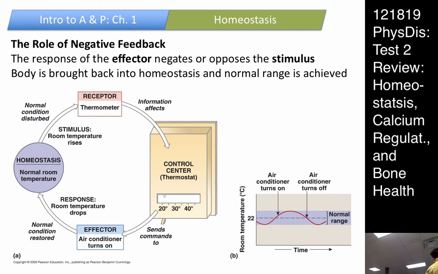So if this is our set point, and the sensor says our body temperature is low, negative feedback is going to engage effectors that are going to oppose the stimulus. The stimulus says our body temperature is going down. We want an effector that brings it back up. It's going to oppose the stimulus that says, oh, we're getting too cold. Let's oppose that. It's negative. It's called negative feedback. All right? And it's called negative feedback because